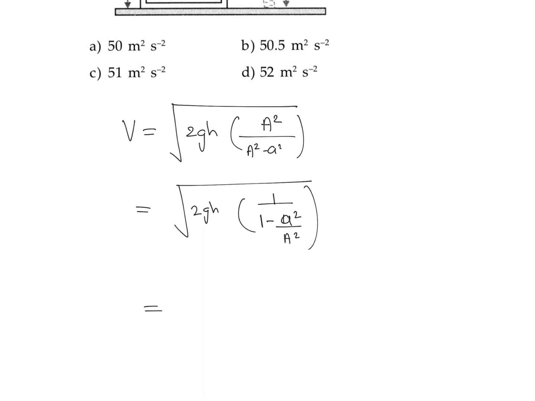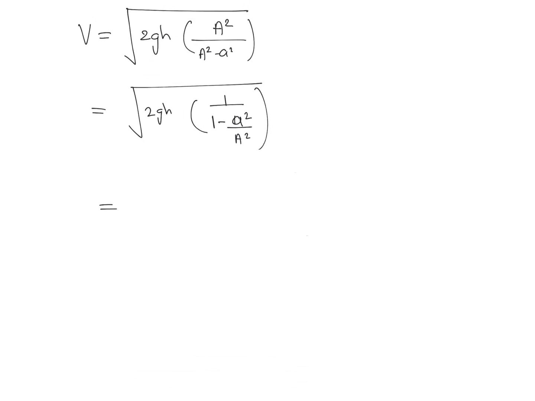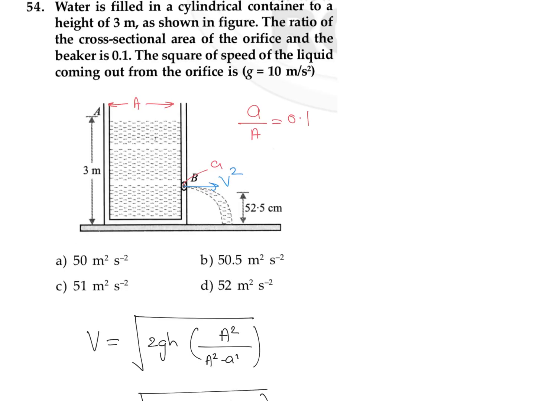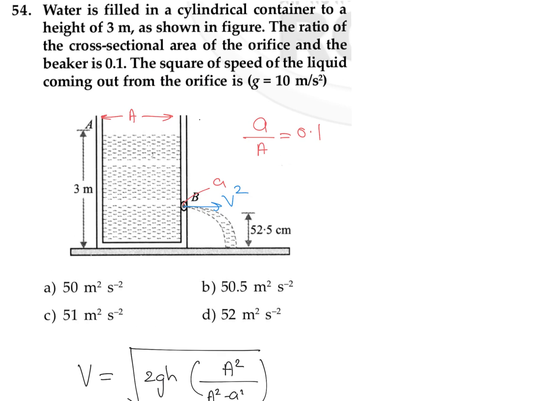So we can substitute the values, as all other information is given. You can write the square root of 2 into g, acceleration due to gravity, which we can take as 10, and the height of the hole, so this is the distance h. Let's see the value of h over here. H is the total distance, given as 3 meters, minus this distance, which is